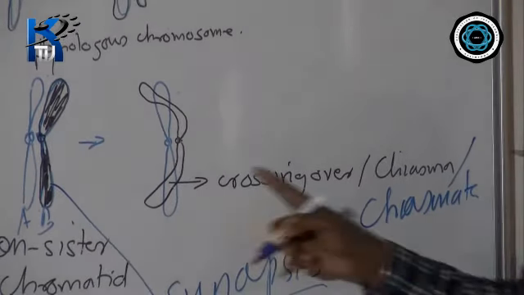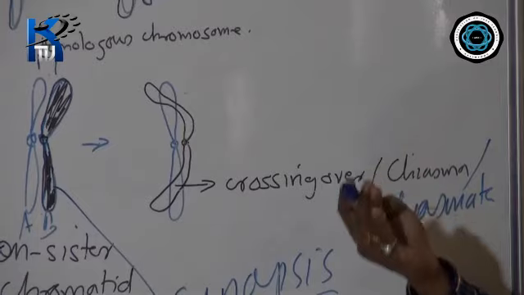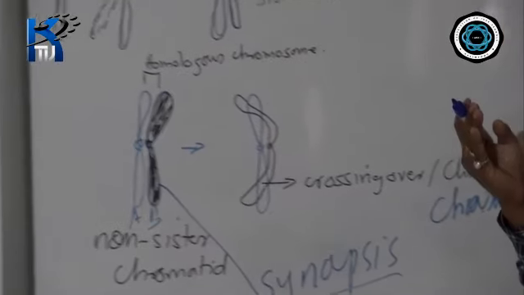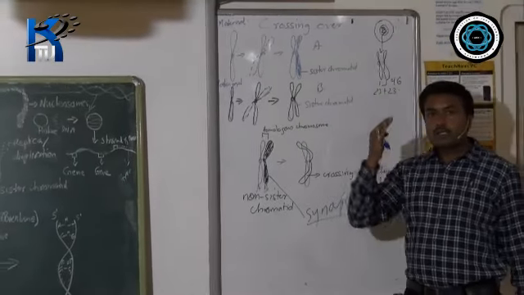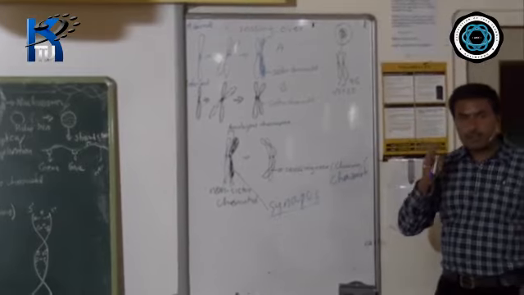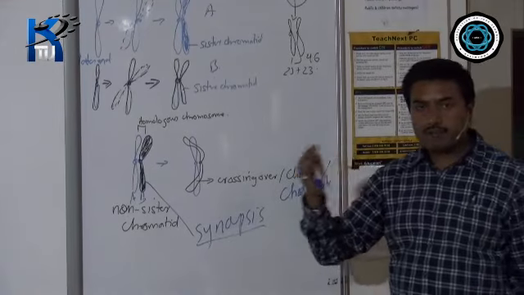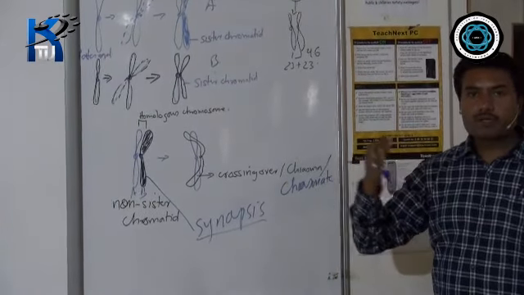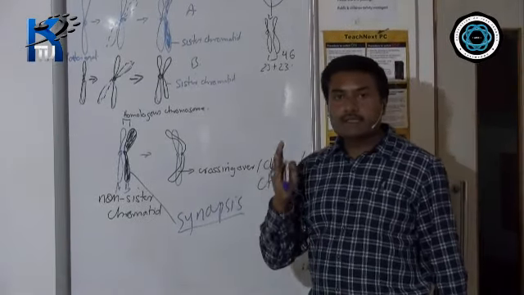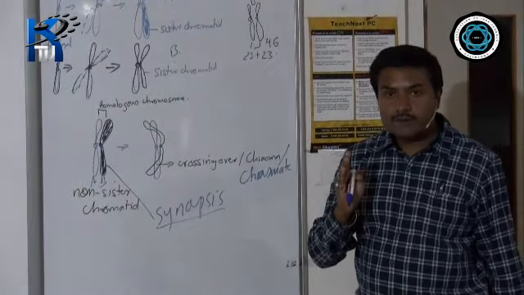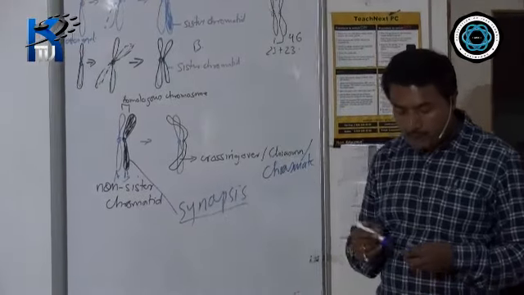And due to this crossing over, it brings genetic variation in the living organism. That is why we brothers and sisters are all different from one another. If four brothers are there, although the parents will be the same, they all will resemble the parents. If five daughters are there, all the five daughters will be different from one another in morphological structure, in the physical appearance. This is all the genetic variation that is brought by meiosis, and in meiosis it is due to crossing over.